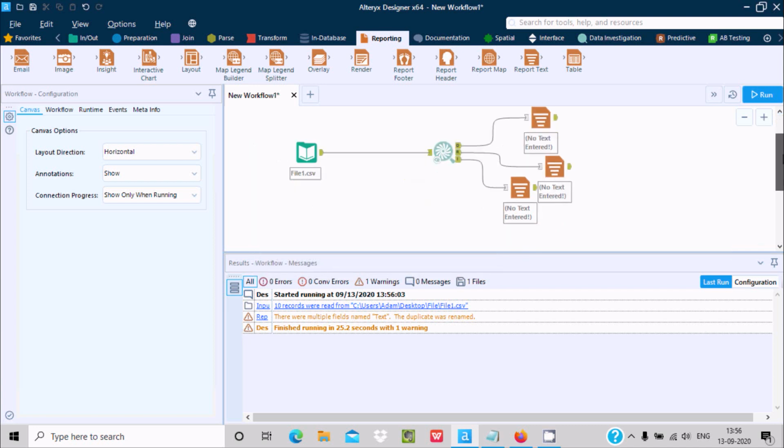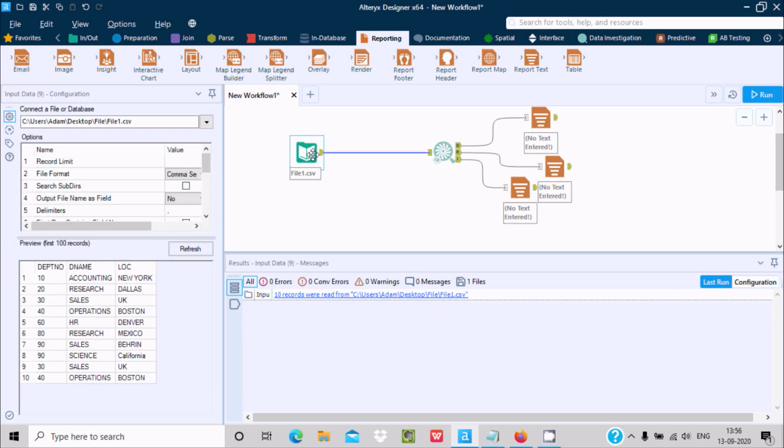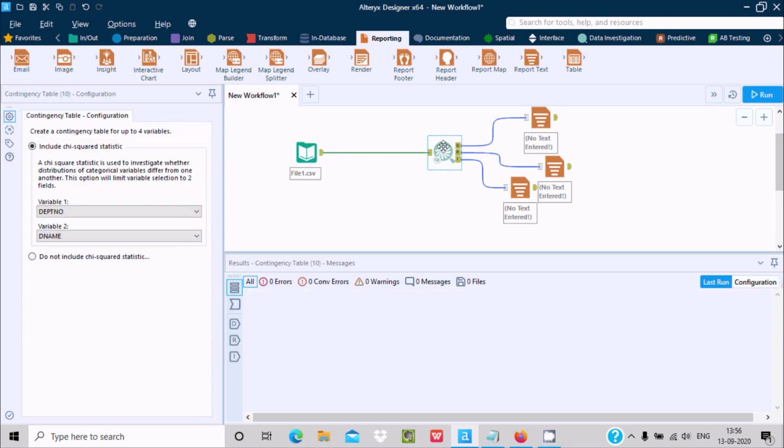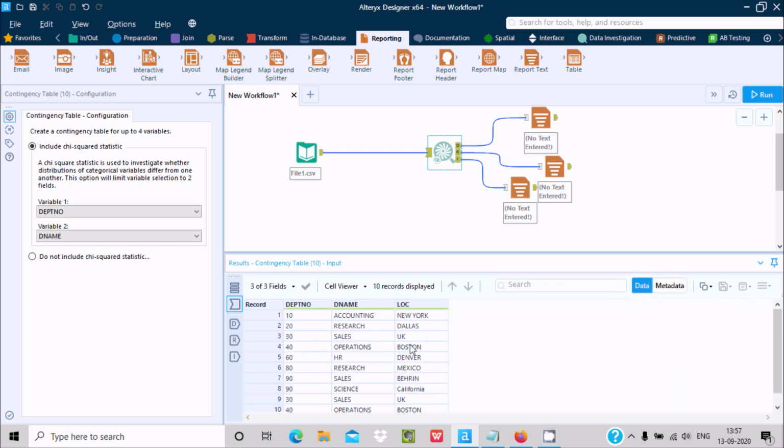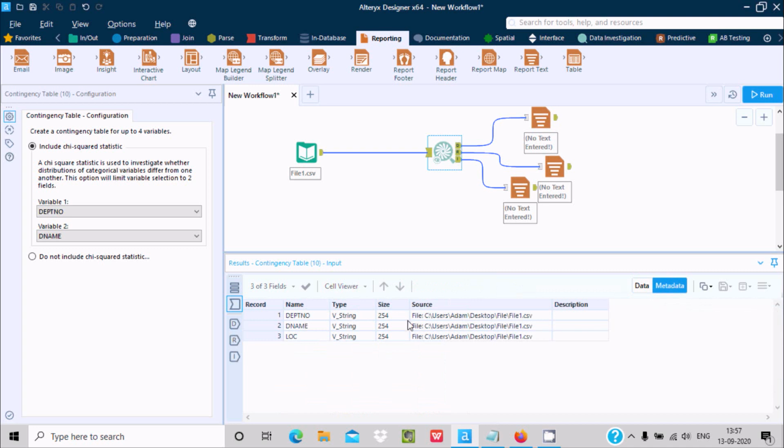Now here is the input data, and if you click on this contingency table, you can see the input. There are 3 fields, 3 columns: DPT number, dname, and location, and they are all string type. This is the size, and this is the location. So this is the data information, and now this is the metadata information.